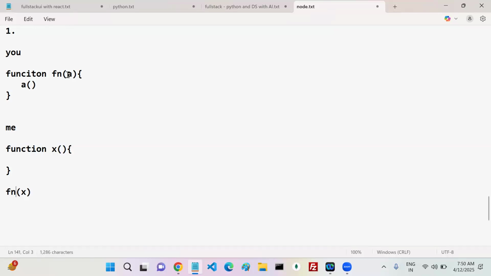Now what do you have to do? You have to call that function. While calling, you have to pass some data. How can we pass the data? Where do you have to pass the data? The place is here or not? Yes or no?